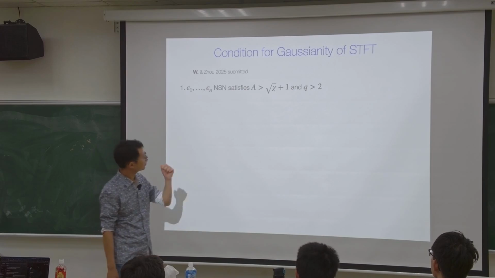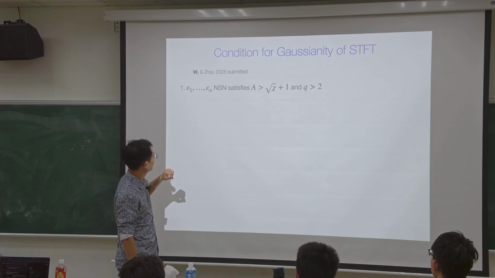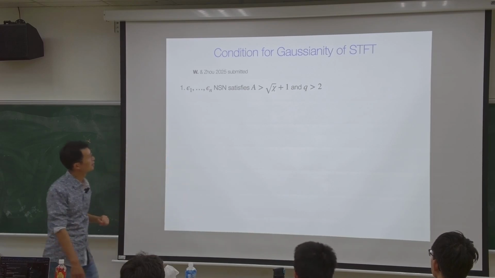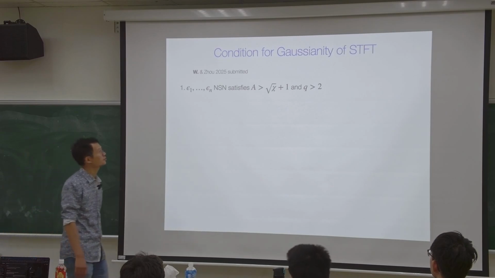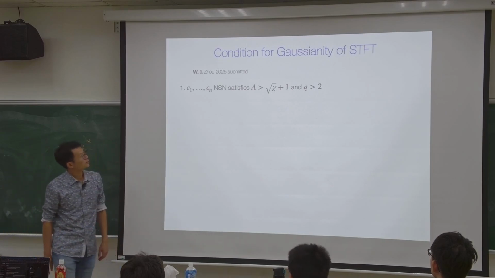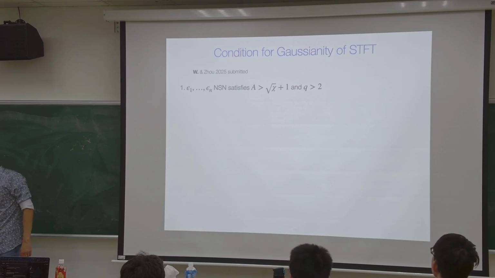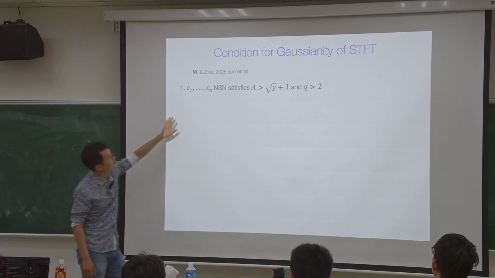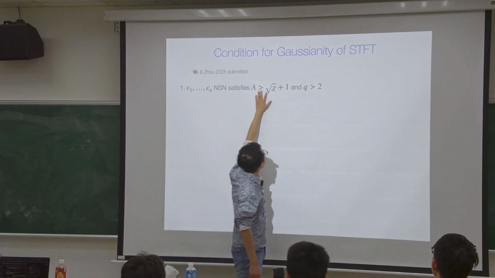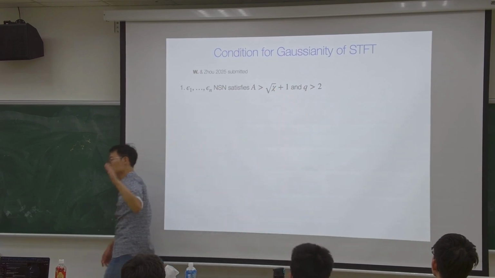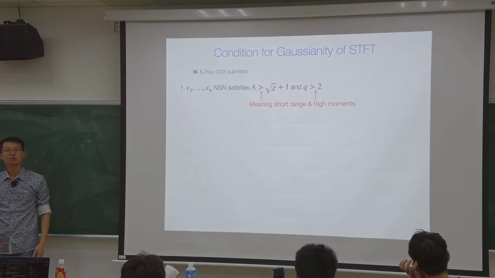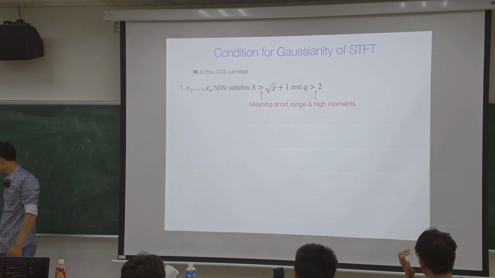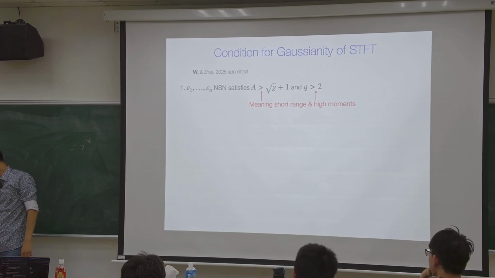Okay, so the result is actually true. We can prove that, yes, it is really very close to Gaussian. Not Gaussian, but close to Gaussian. So we need some assumptions. First, the signal, the noise, is non-stationary, like I mentioned just now, but we assume some conditions. There are technical conditions you can ignore. They just tell you that it has short-range dependence, and you have finite high moments.